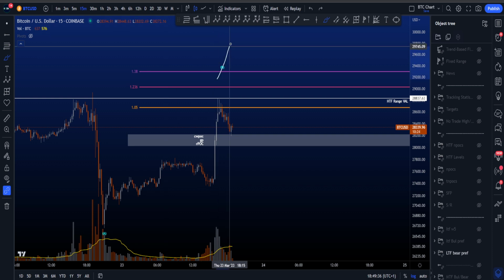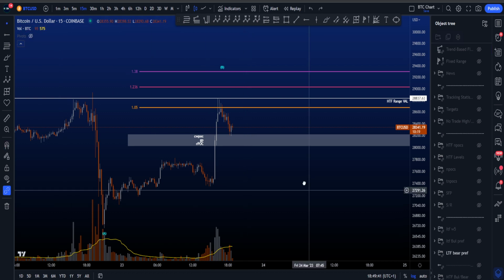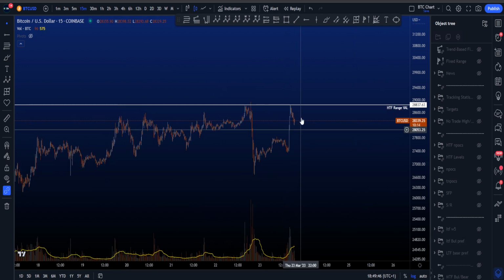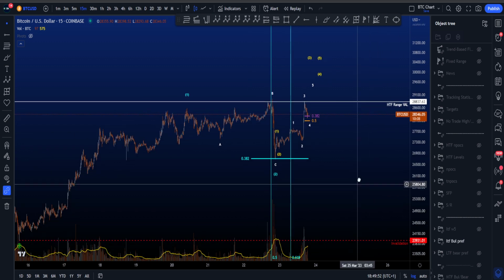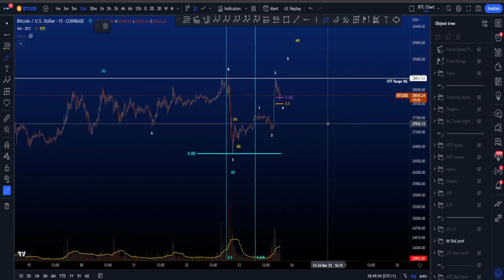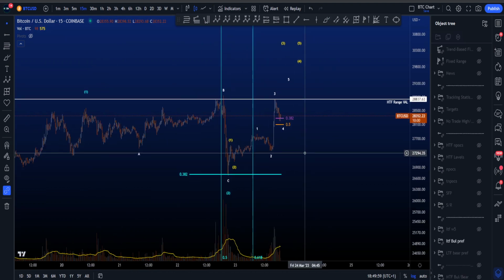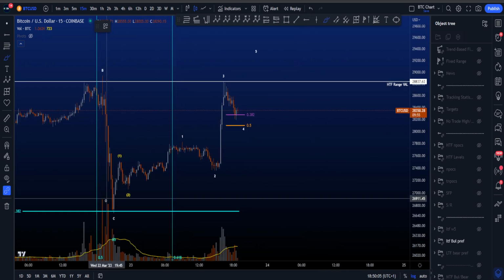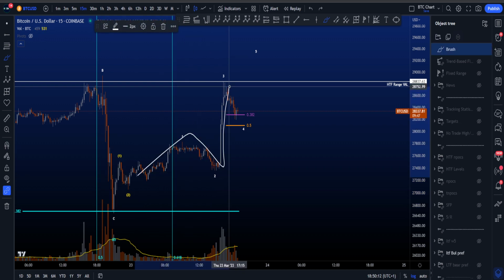However, price can wick above this level as long as it doesn't really close candles too far above this level, because else it is going to be invalidated. This, however, at the moment is an alternative scenario for me because of the push we have to the upside. Another alternative for me is the very bullish scenario, but this time zoomed in a little bit, with wave 1 over here, wave 2 now looking to the upside for a bigger wave 3. And if we then look in the lower time frames, also courtesy to John in my Discord group, he had a very low time frame count, where this could indeed be a potential 1-2, 1-2 setup, with then this being a 1-2, then a 3 to the upside.